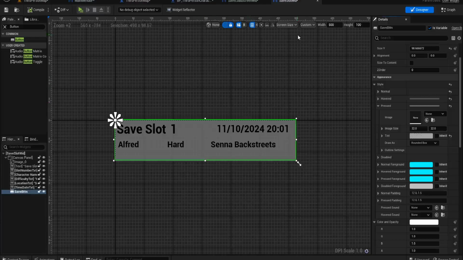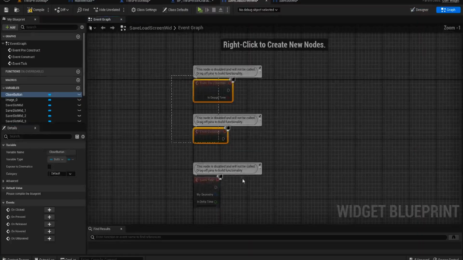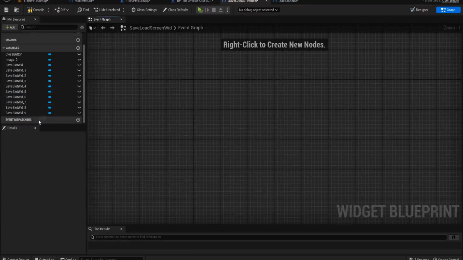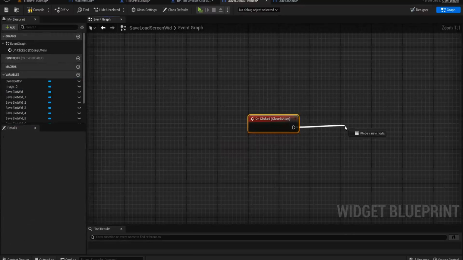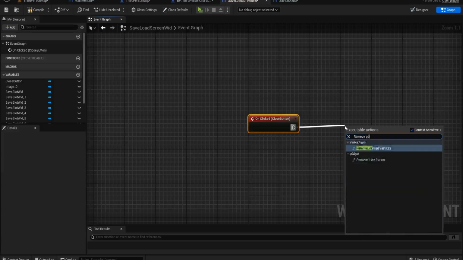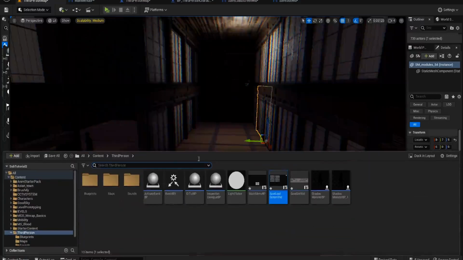And then we can basically put all the code into that for saving and stuff like that. On this one, all we need is basically to say close button on clicked and remove parent, like so. And it'll close this menu if ever we open it. And then for my save item,